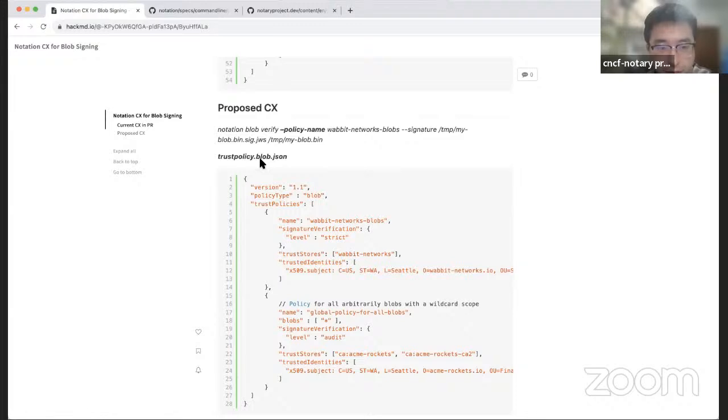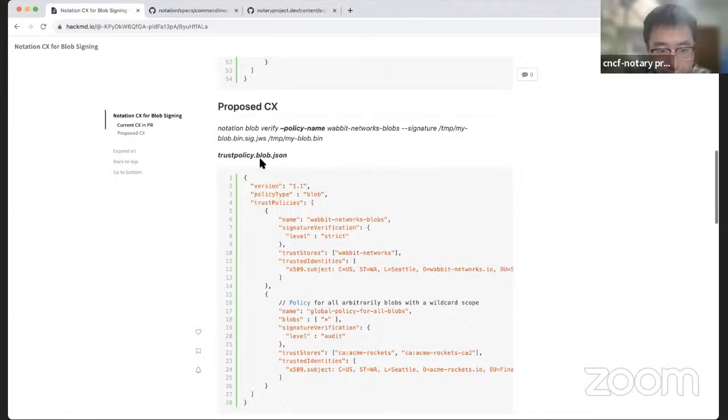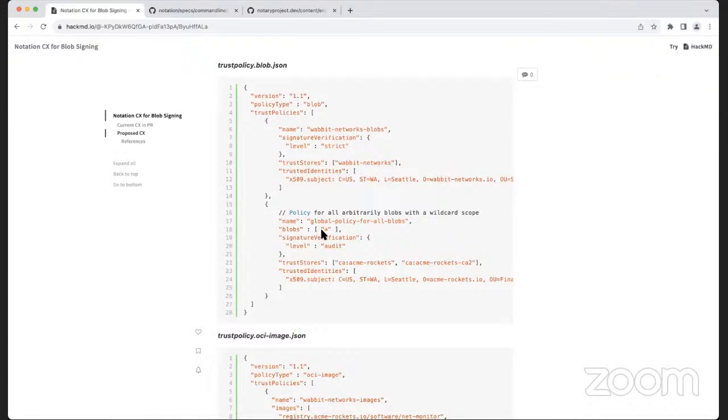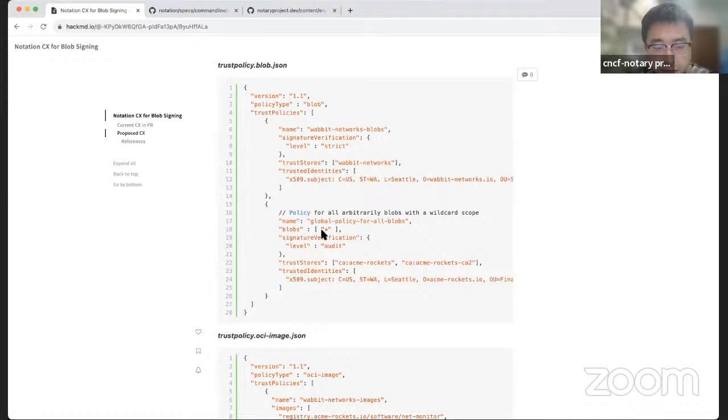Another thing in this screen, we have the policy type, and in the middle we have the blobs. We have the global policy, right? So I'm thinking whether there's another way for global, because this is a policy for a blob. No matter, we can differentiate from the name or from the policy type. So I think the blobs here is redundant, and it doesn't reflect the global.